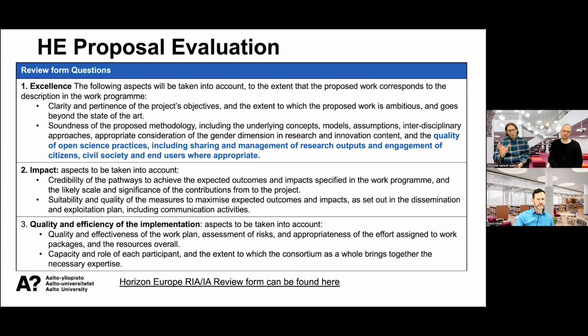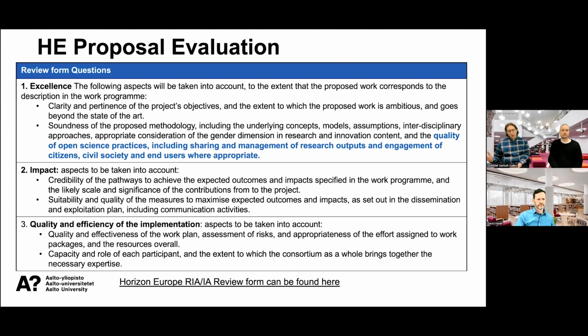Now, open science is specifically considered here in excellence. And so a shortcoming or a minor shortcoming identified in your description of the open science practices in excellence could lead to 0.5 of a point or a 1 point reduction in the score for that section. And again, since there's a threshold for each section, it's very important that you score as high as possibly in